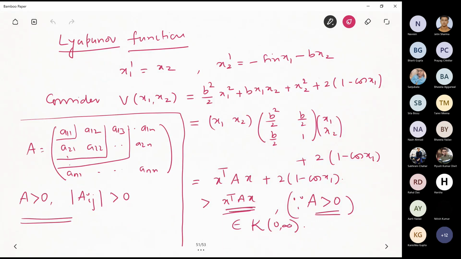So basically the first Lyapunov function to try here is you integrate this. If you integrate this x2, you get x2 squared by 2, and this is the same thing you have, right? So you try a function of the type of the integrand, that is minus b into x squared by 2, that is what we have, right? And the integral of sin x1 is going to be 2 into (1 minus cos x). So this is the first function which people